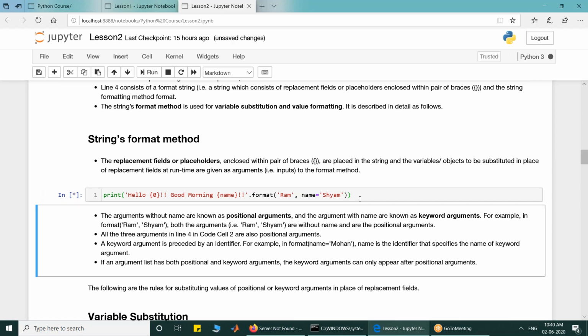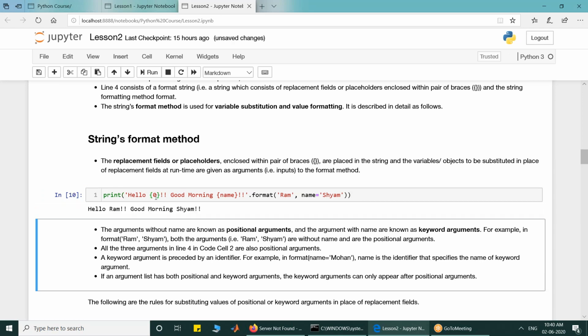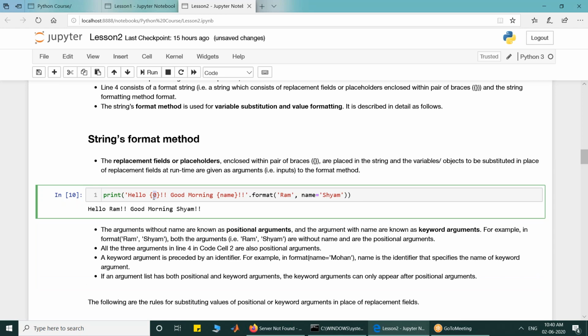If I execute it, I will get hello Ram. 0 is the index of my positional argument in the format method. Ram is my first argument to the format method, index 0, so it will be substituted into the placeholder having index 0. So Ram will come here, and it becomes hello Ram.